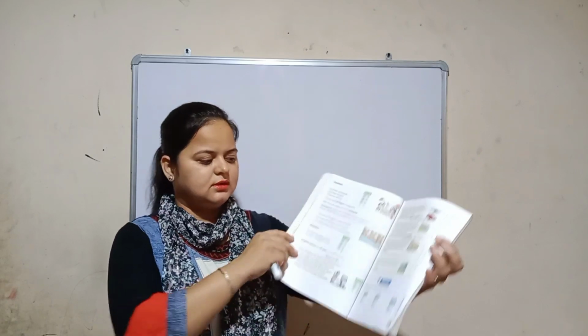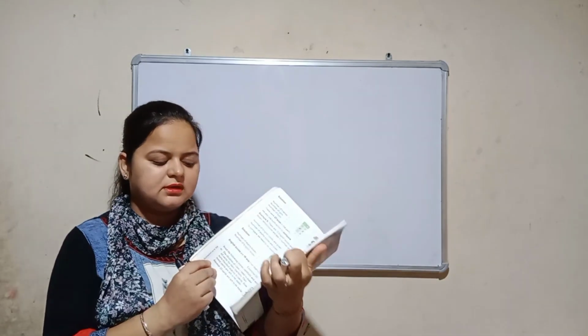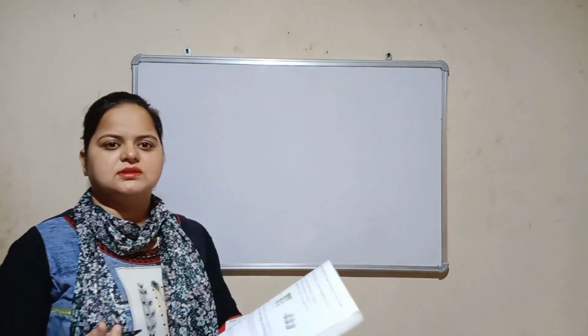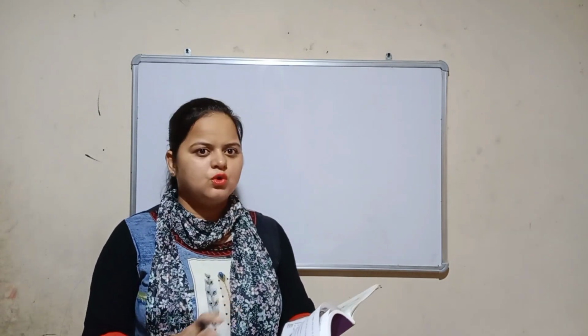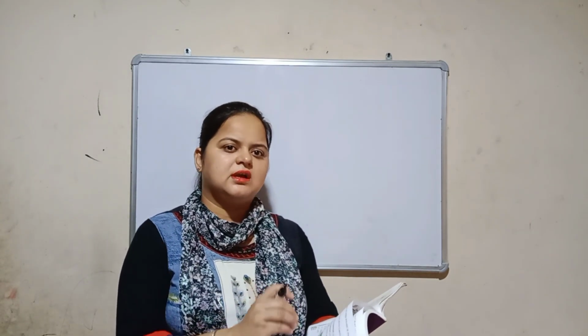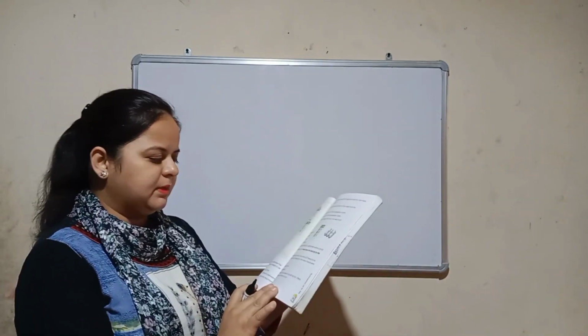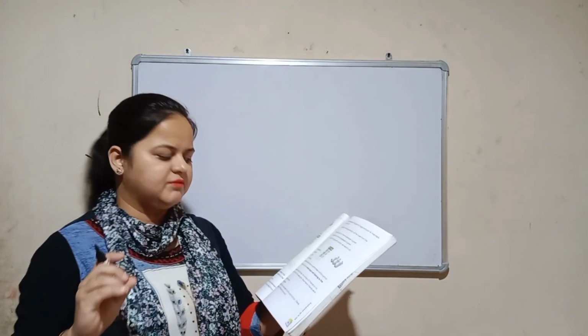In today's maths class, we will do the book exercise 3E, story based subtraction sums. Let's start. Open your books, page number 37. What are story based subtractions? You have already done the story based additions. You all know how we do the addition of story based. Here, see on page number 35, one example is given.